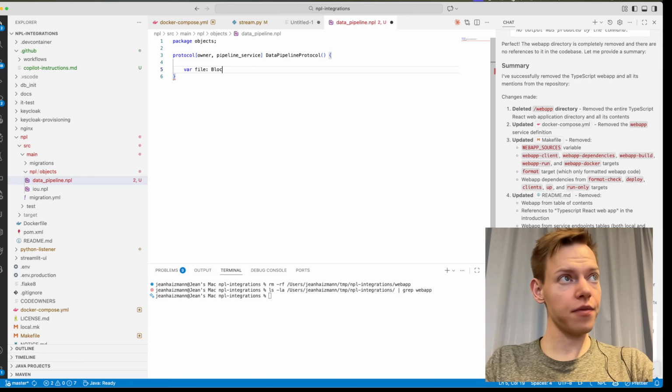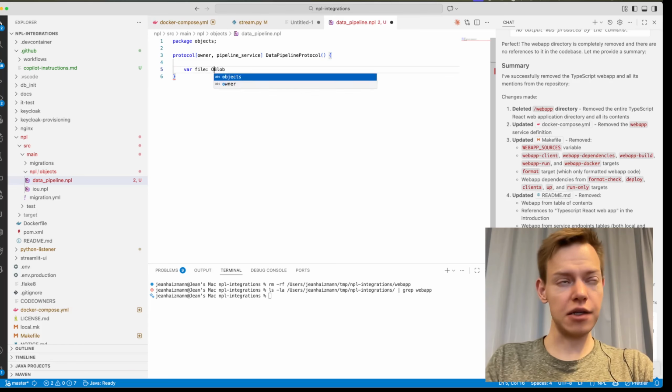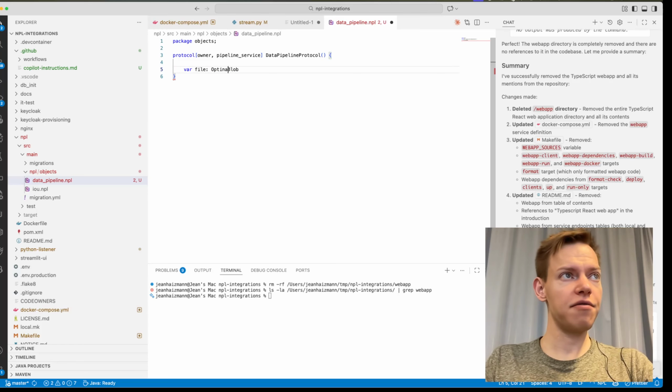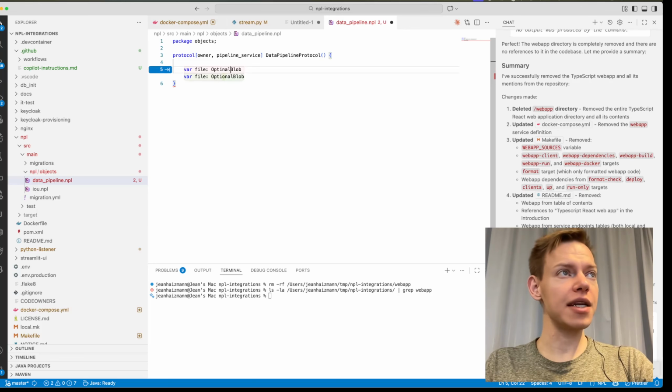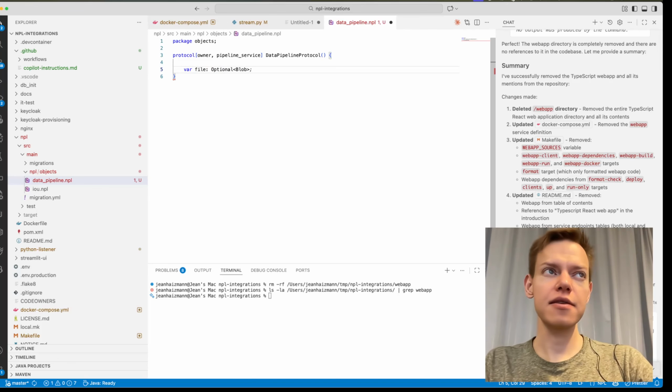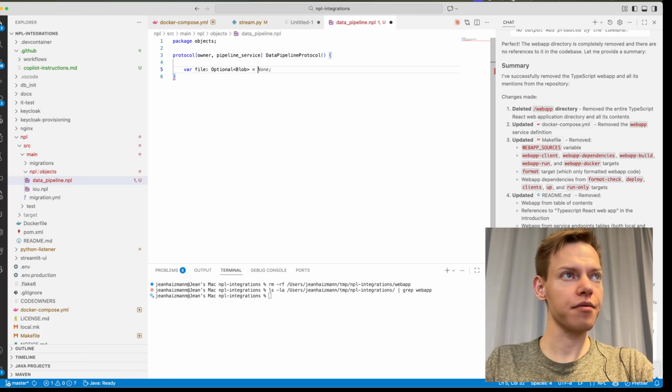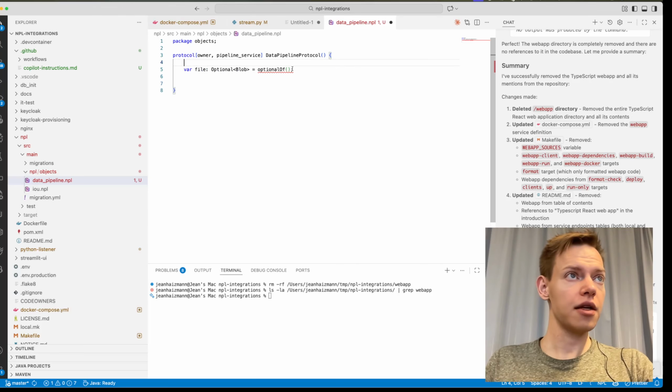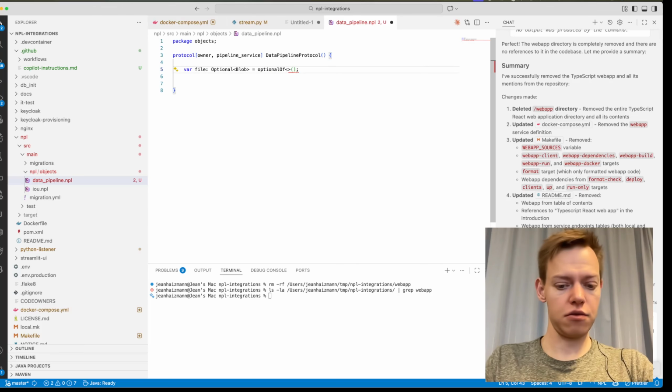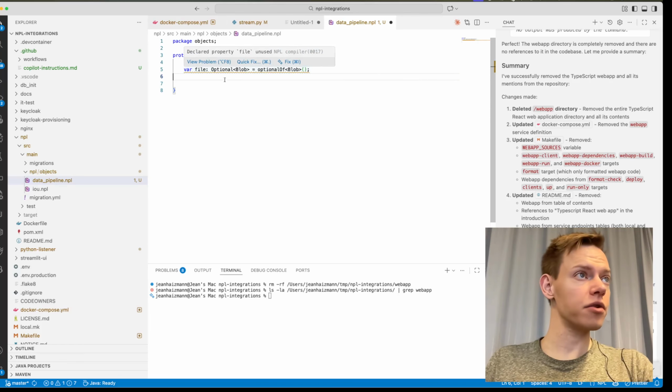In NPL, this comes with the type blob. And in NPL, if you want to have a file at some point, but not at the beginning, you need to wrap it in an optional. This is the nullable type of NPL. And then a small helper function to help you create this so that you have an empty option there. It doesn't like the fact that I didn't type it yet, so let's go for this. Okay, so now we have our file. It's not used, but we know that